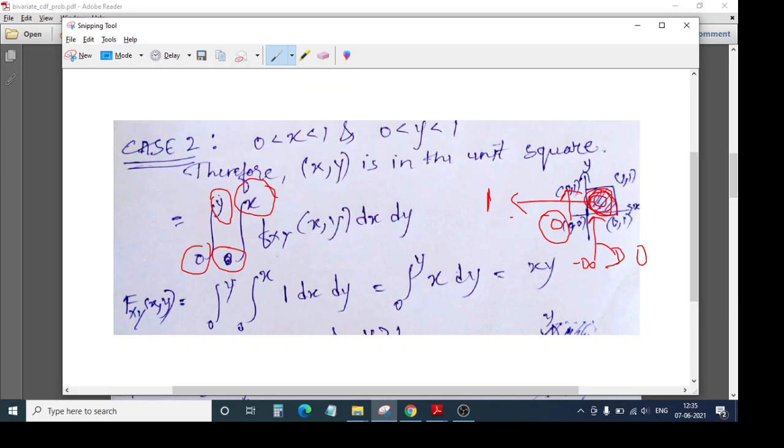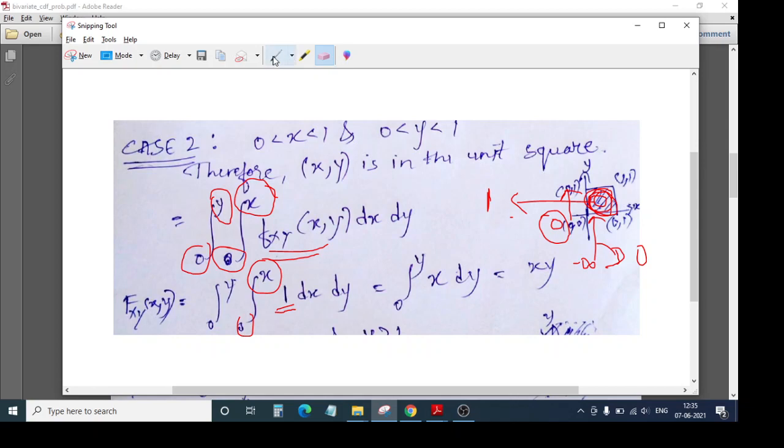What is the value of your PDF in this range? You can see that it is 1. So use that value. Next, we will be integrating first with respect to x. So the integration of 1 dx is x, and once you put the limits, lower and upper limits 0 and x, you will be getting x itself. Integration is pretty easy. Next, you keep this x constant and integrate with respect to dy.